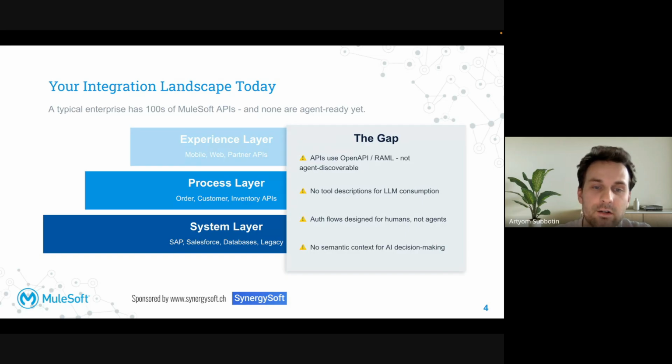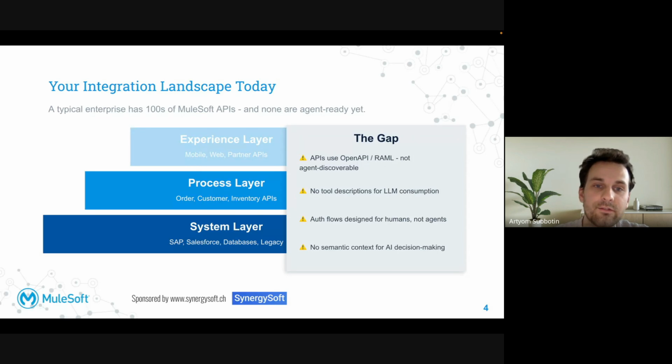And here we are getting good news. You have this integration in place, and you don't need to rebuild it from scratch. You don't re-architect it. You just expose this integration. And MuleSoft gives you two paths to make your existing API-led approach agent-ready without touching a single existing flow. So your APIs are already half there. MCP is the last mile.